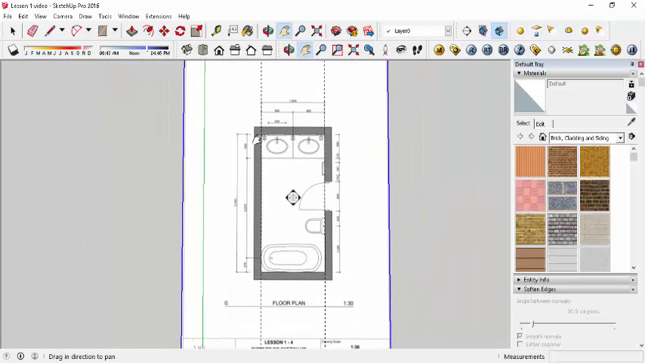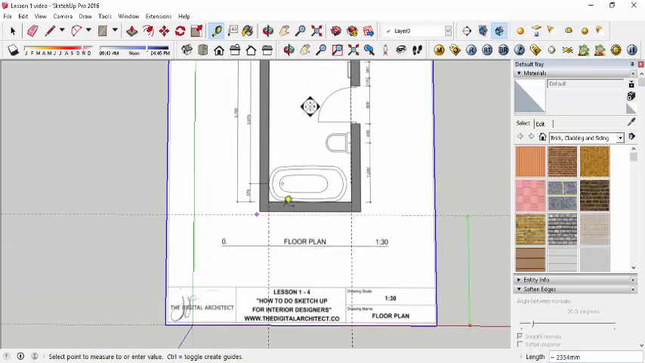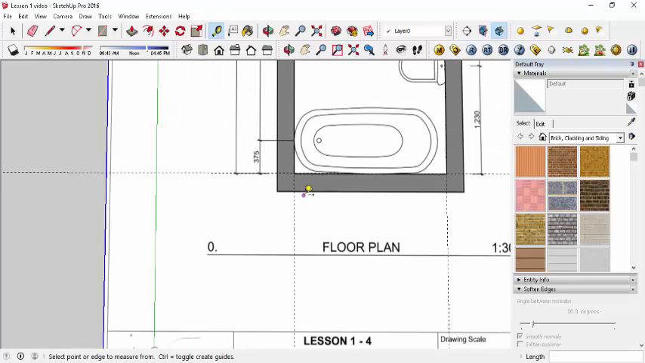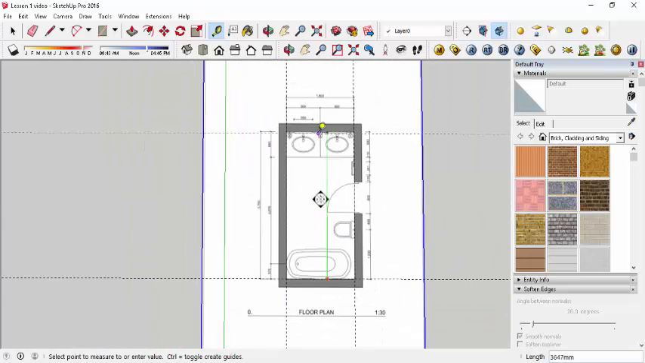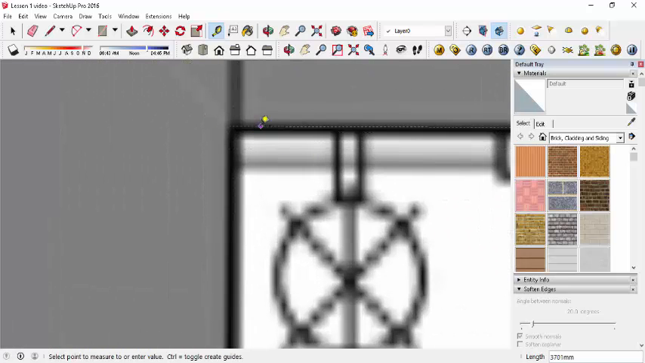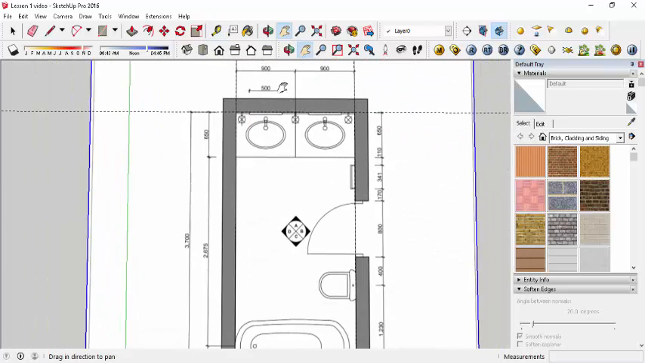So we have a guideline for this wall, and a guideline for this wall. Now we want guidelines for the other sides of the wall. So let's hit the tape measure again. Click from this axis, the red axis, and then drag it to where you want it to go, which is here. Do the same for the other wall. You can zoom in and out by scrolling the wheel on your mouse. So just set it there. Okay, now that we have guidelines for all the walls,